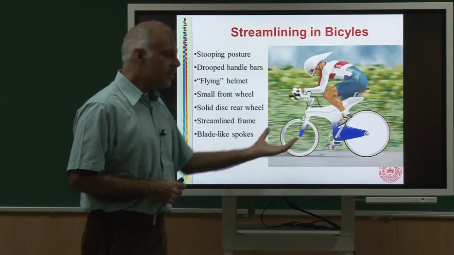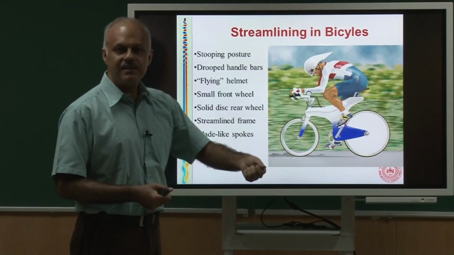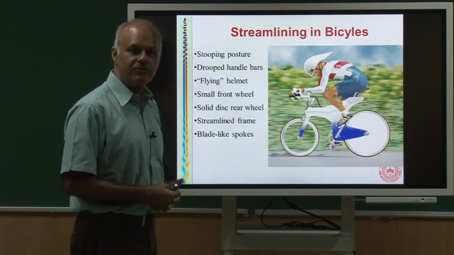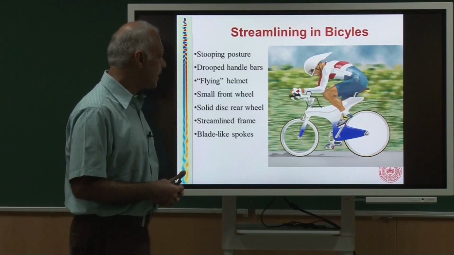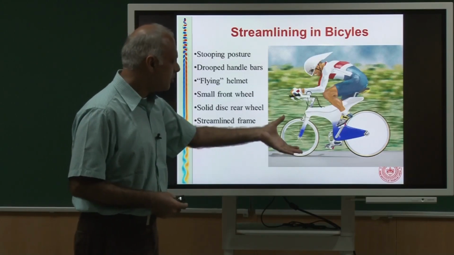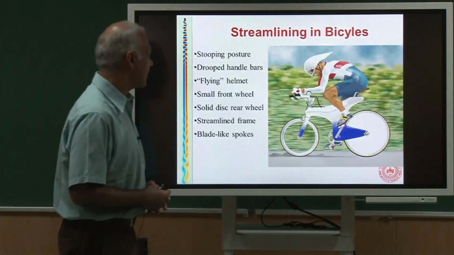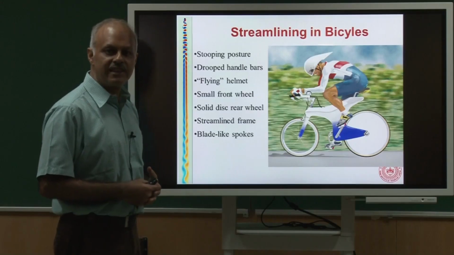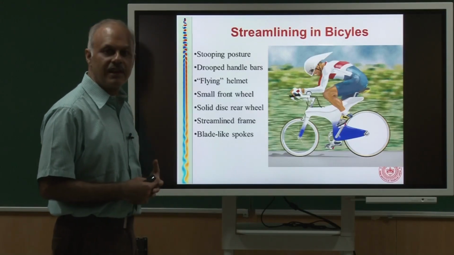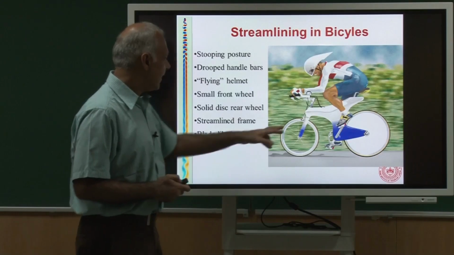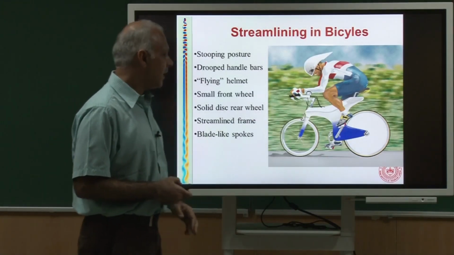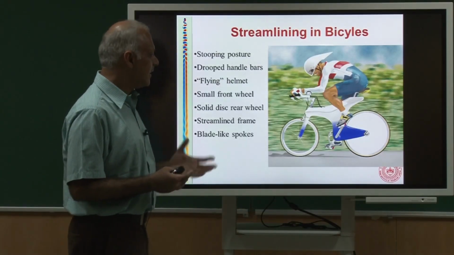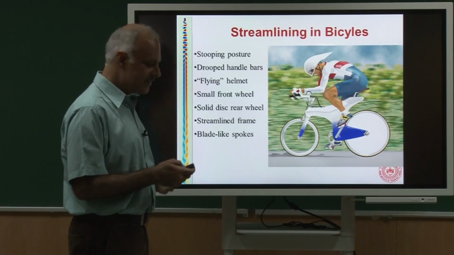You cannot cover the front wheel because you need to turn it, and then when you turn, if you make it solid, it is going to generate some side forces and that will lead to stability problems. Instead what you do is you make this diameter shorter than the rear wheel. In fact, even the spokes you can engineer so that the cross section is not circular anymore and you get less drag. And likewise all these frames, they are not just raw pipes with circular cross section, they are very nicely streamlined to give you as little drag as possible.